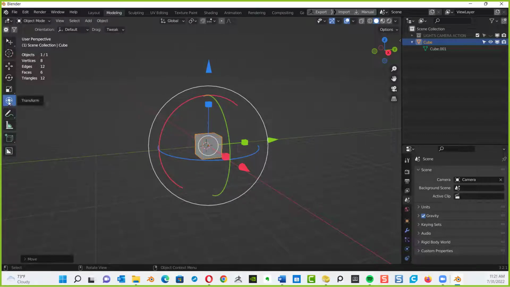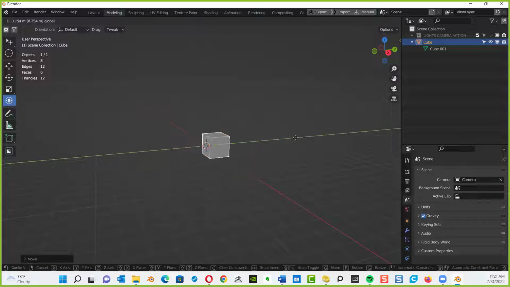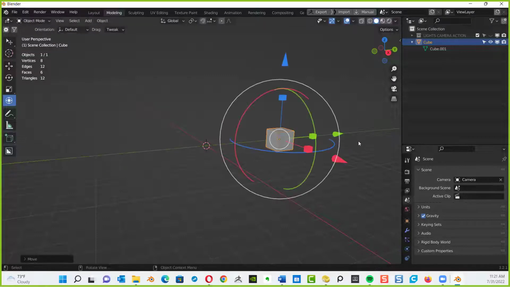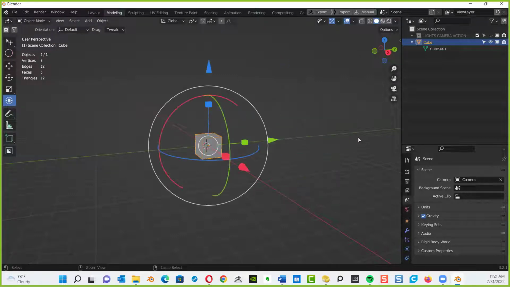I'm turning on the 3D widget just so that you can identify the X, Y, and Z axis visually. So I can click and drag and place this where I want, if that's what you prefer. I'm hitting Control Z for undo to bring it back. Just like in all programs, Microsoft Word, Photoshop, Control Z is undo.